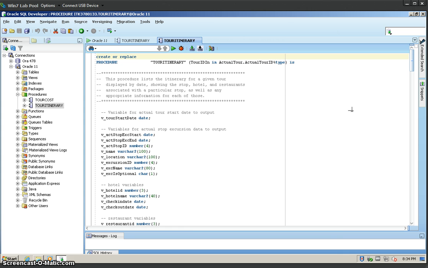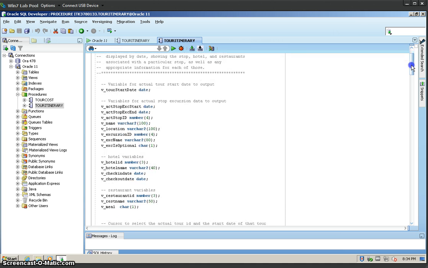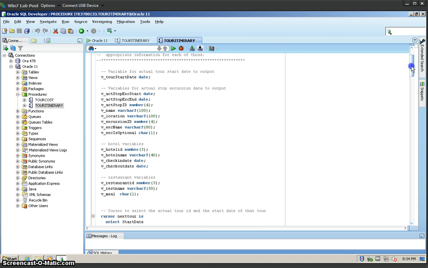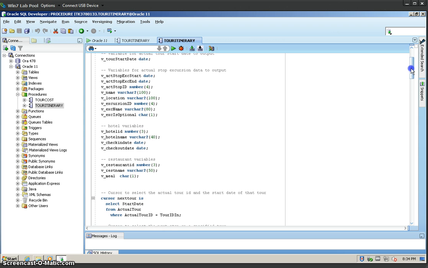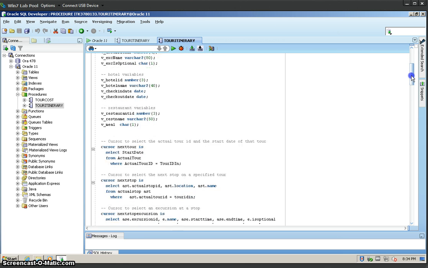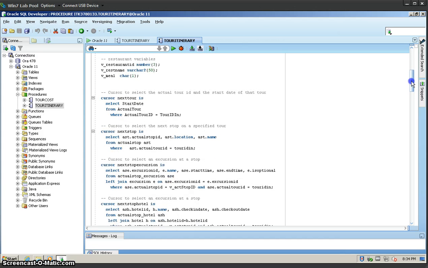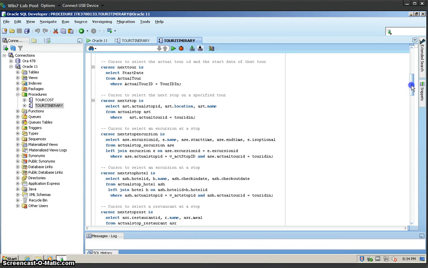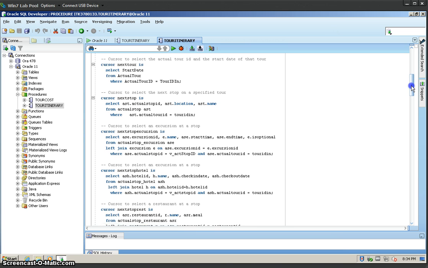So this is the code for the procedure, and basically there's just a brief introduction and the name, and then these are all variables for storing all of the different restaurant, hotel, excursion, tour stop, those kinds of things, the actual tour stop, and then cursors for each of those to get the required data out and joins as necessary,